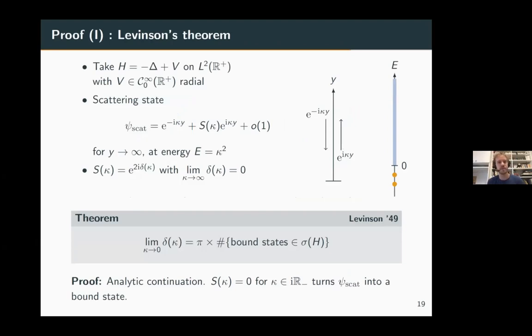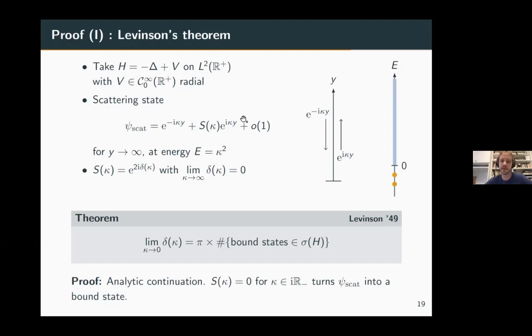So the approach of bulk edge correspondence with scattering theories actually relies on Levinson's theorem. We are not using this theorem from this slide here, but I think it gives a fairly intuitive idea of what happens. If you are not familiar with that, originally Levinson's theorem is about some particle in a radial potential. So this is a 1D problem on the half line where this is the radius. Okay, and pick some potential, which for simplicity, I assume to be smooth and compactly supported,